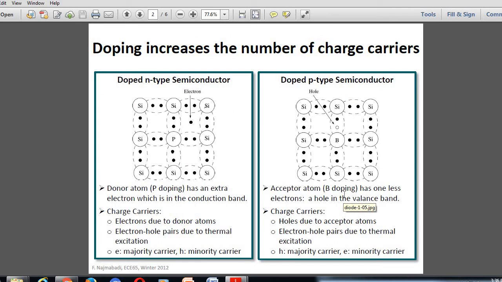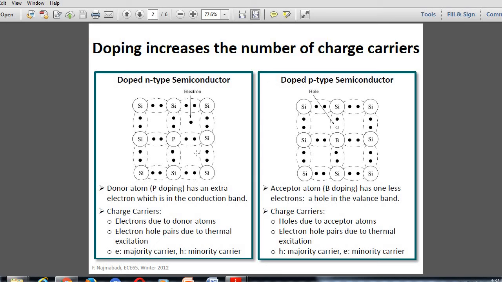So next we come to p-type and n-type material. What are these? These are called extrinsic semiconductors. You see this is the crystal structure of an n-type semiconductor, and this is the crystal structure of a p-type semiconductor. In an n-type semiconductor, the number of free electrons can be increased by adding a pentavalent atom to it. These are atoms with 5 valence electrons. Typical examples of pentavalent atoms are arsenic, phosphorus, bismuth and antimony.